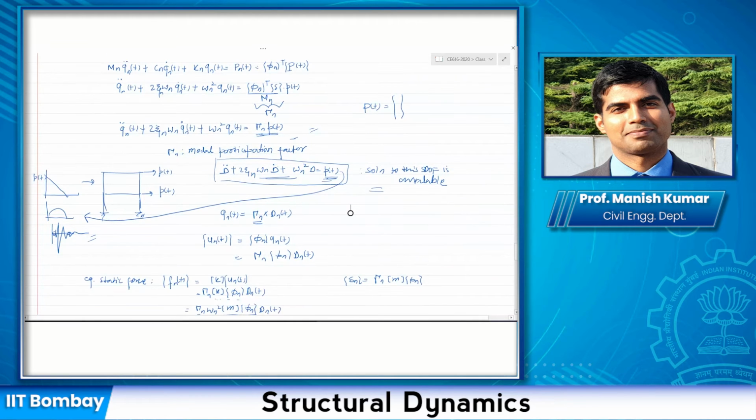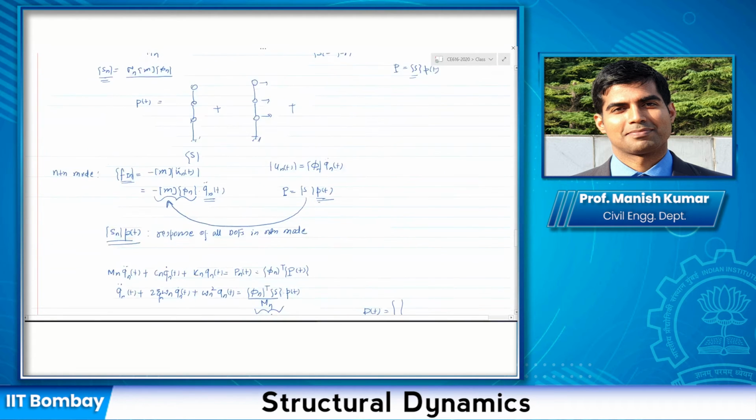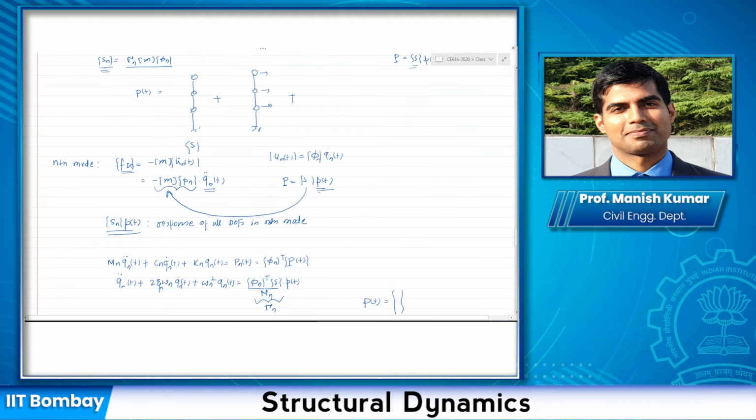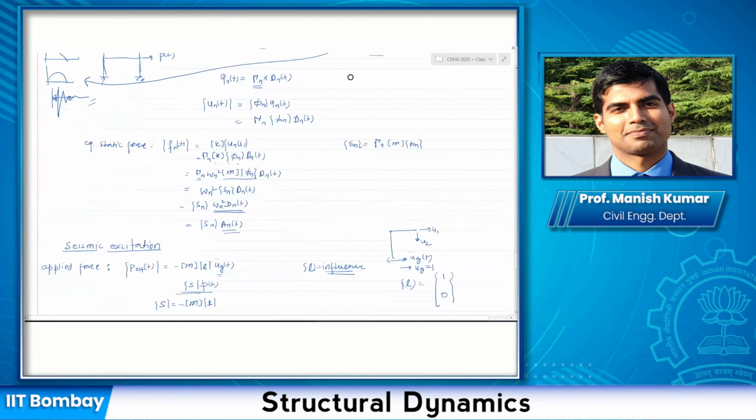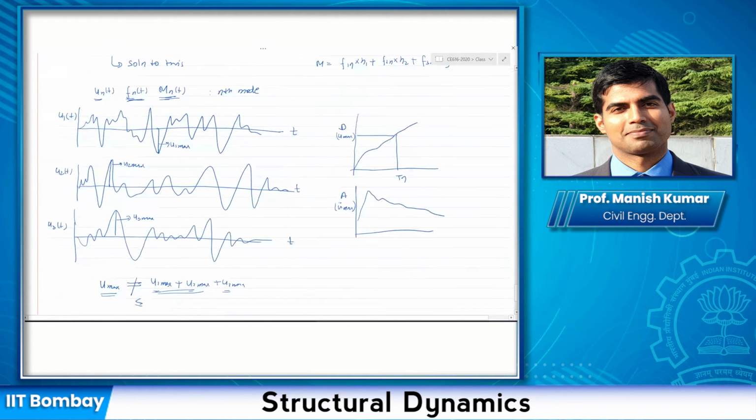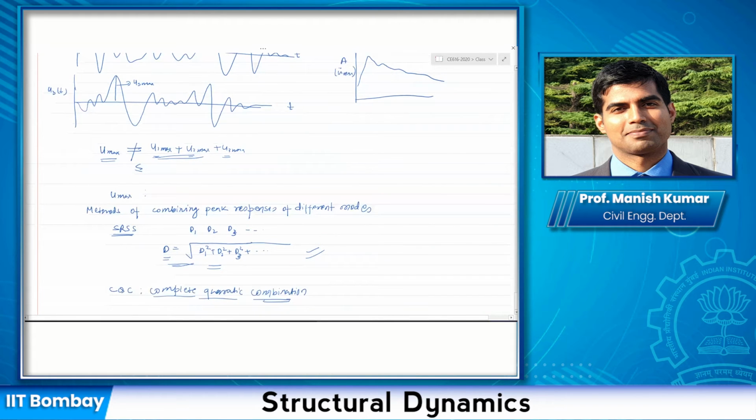So if the peak responses are available, we can combine the peak responses, but not using the conventional method that we have been doing so far, because in the previous method, we were combining responses for any time t, and the final response was a function of that time t. Now I don't want to solve it for any time t. I don't want to find d1(t) because I know my d1 max from the response spectra. If d1 max is known, I can combine the maximum responses and approximately get the total maximum response using one of these methods. So this is the summary.